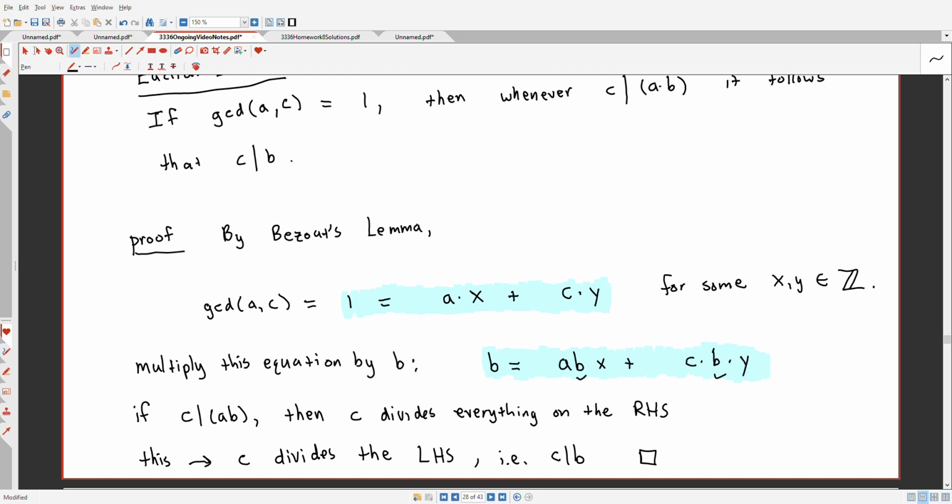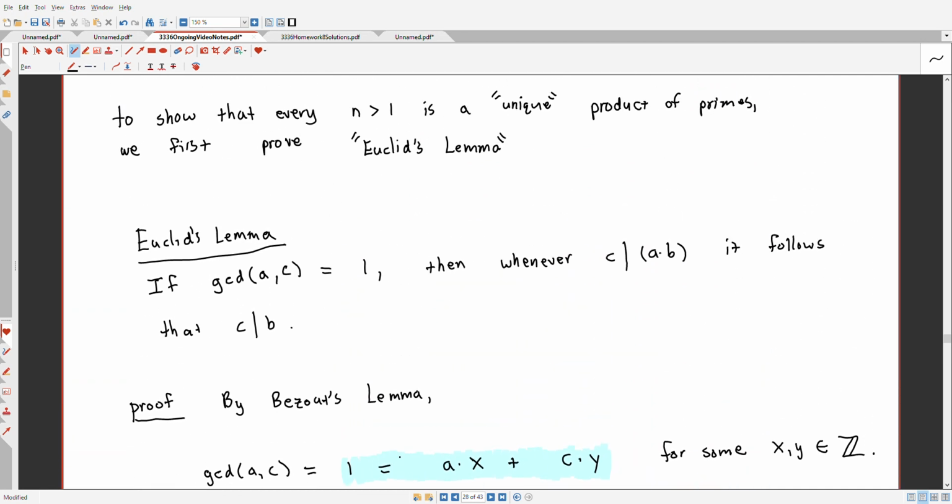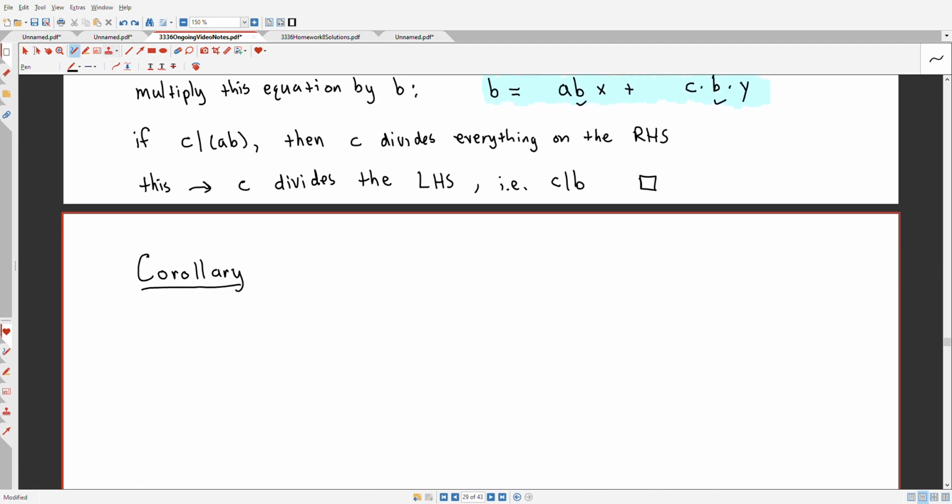Okay, so we get as a corollary to this an immediate result, an important fact about prime numbers. So what I said above, what I called Euclid's lemma, is not about prime numbers exactly, it's about relatively prime numbers, right? I said if the GCD of A and C is 1, if A and C are relatively prime, then whenever C divides the product of A and B, it divides the other number, B. So think about this corollary. This is for prime numbers. Here's what it says. If P is prime